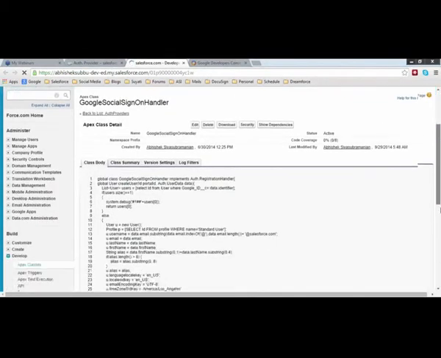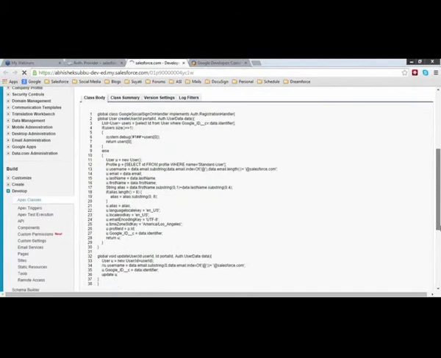All right. So here we have a very simple Apex class that is generated by Salesforce, and a basic registration handler Apex class has to implement Auth.RegistrationHandler. But don't worry about this. All this code will be written by Salesforce and given to you.